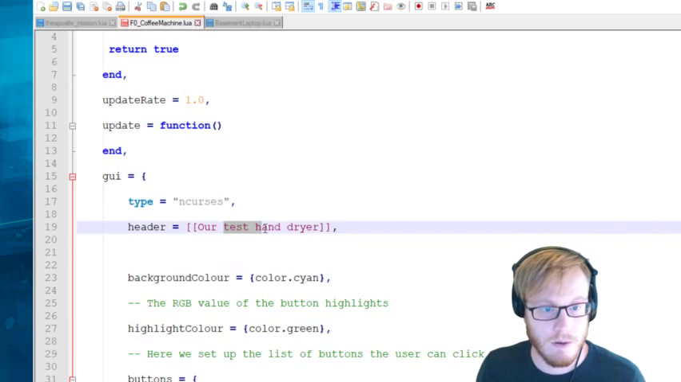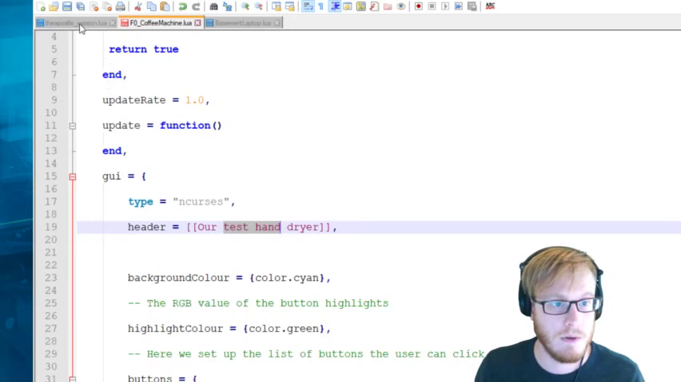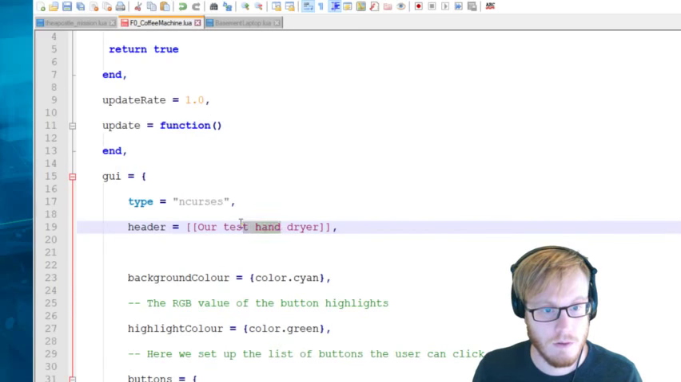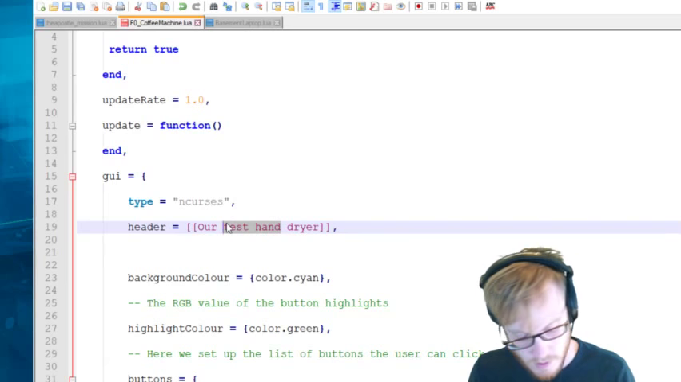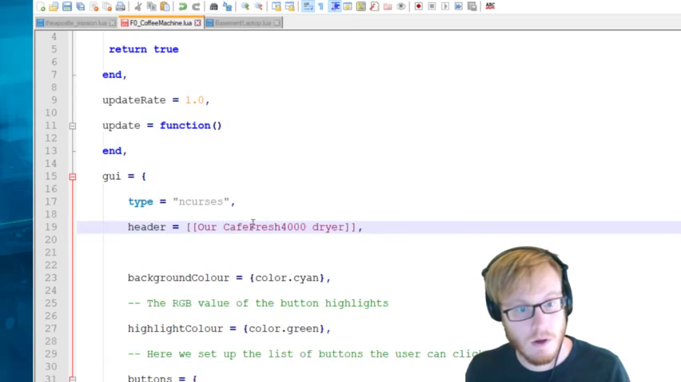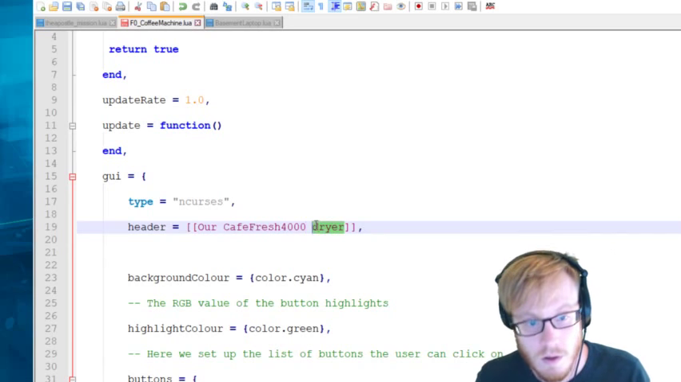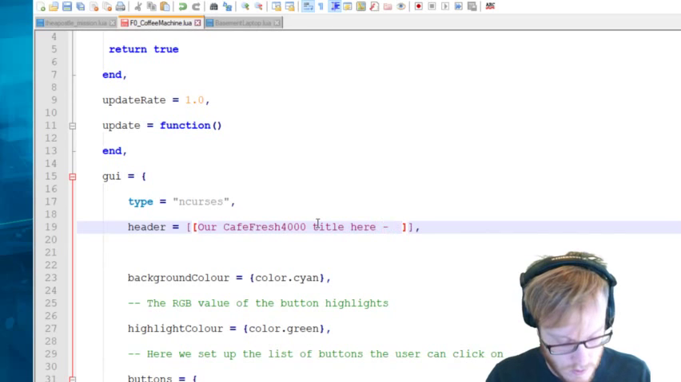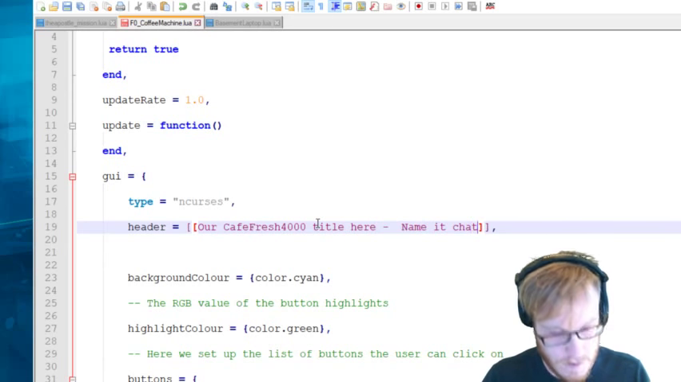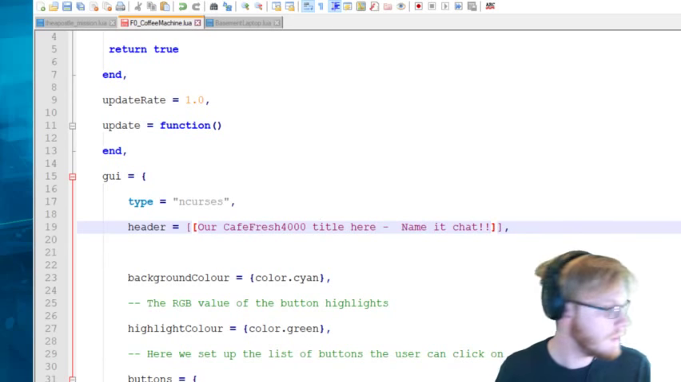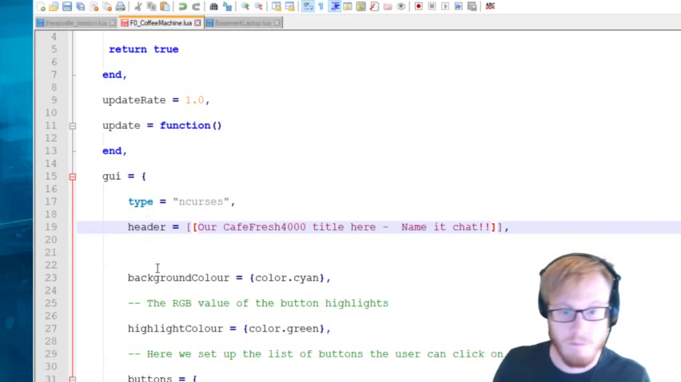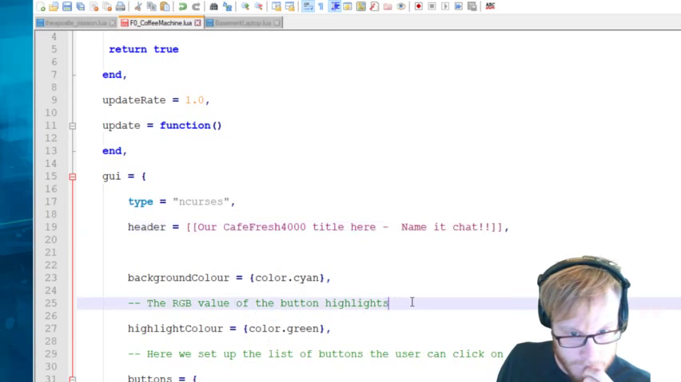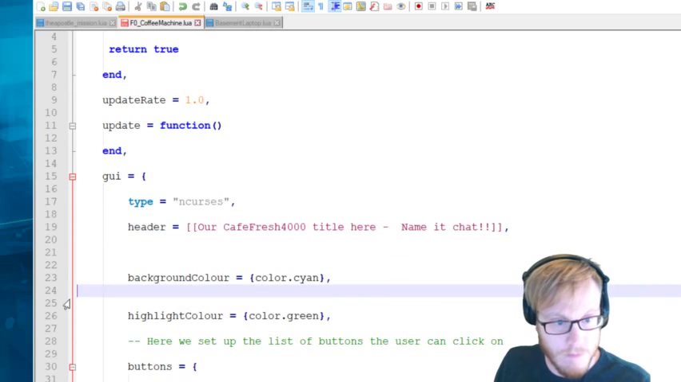Our test, what was the name of it? Cafe Fresh 4000. Title here. Name it, chat. I'm going to get rid of this here,